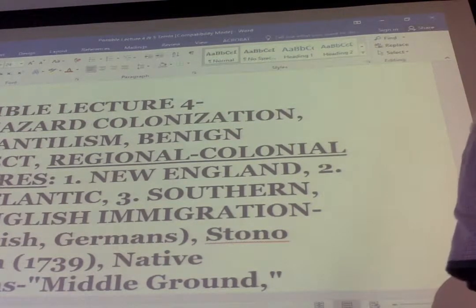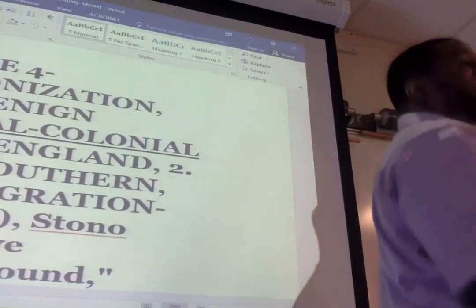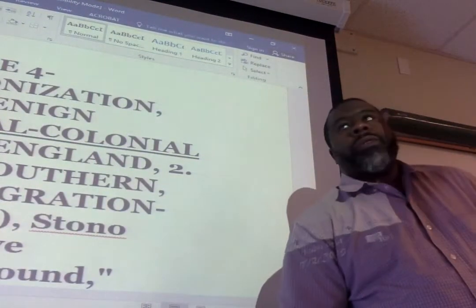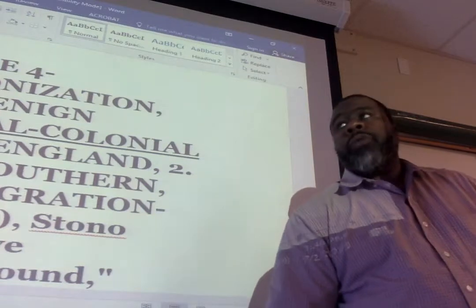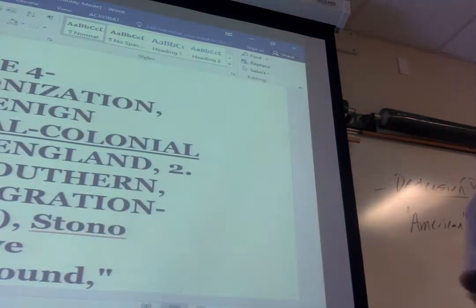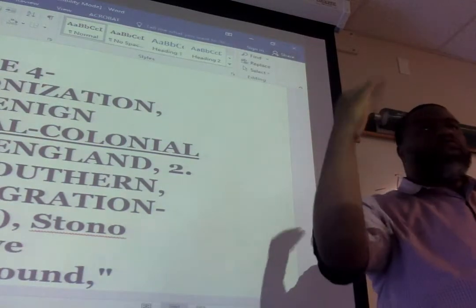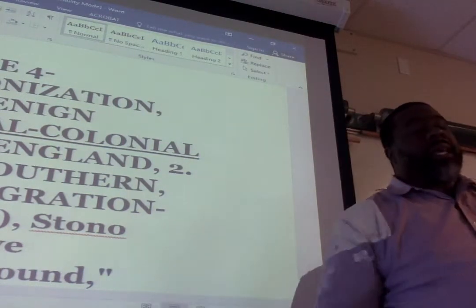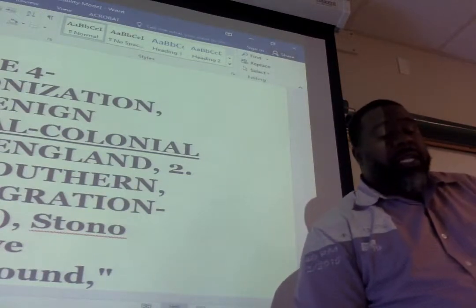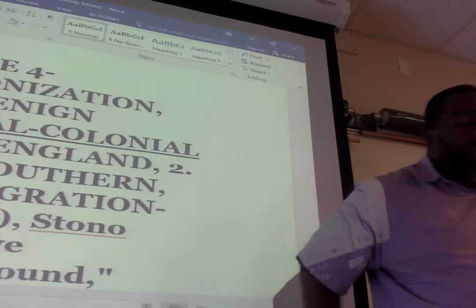We're doing a couple of things simultaneously now. Number one, we're looking at the development of these colonies that are kind of unique in their own way, but also looking at their similarities. Number two, we're looking at the development of regions and how these regions are going to come to have their own identities, right? The South is going to be different than the North, is going to be different than the Mid-Atlantic colonies, as we've already seen. And of course, the West is a whole other animal a little bit later on.